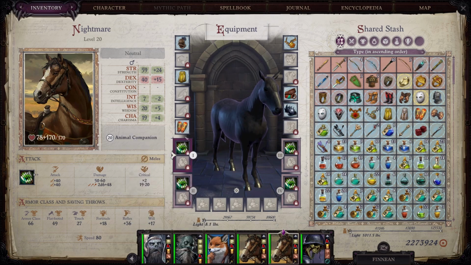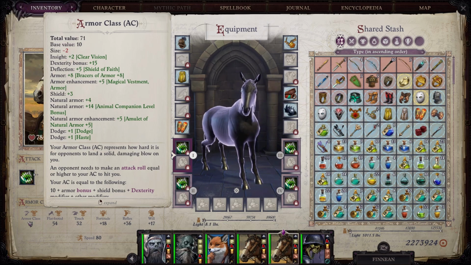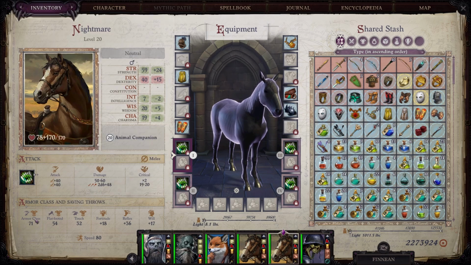Braces of armor +8. So then if you look at his AC, you'll see that we've got clear vision, the dexterity bonus of 15, deflection +5 from Shield of Faith, 8 from Braces of Armor, 5 from Magical Vestment, +3 from Shield. Oh, that's the +3 that the Lich gives to all of its party members because we are a Cavalier. Or specifically Order of the Lion. Then we've got that natural armor bonus of +4 from animal growth. Then an additional 14 just from naturally being a horse. Another +5 from the amulet. +1 from the dodge feat and +1 from haste, giving us an overall AC of 71, which is very respectable